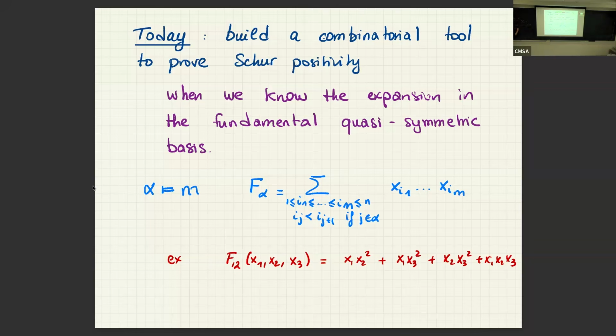I guess here I'm just studying polynomials. Okay, so they're indexed by compositions. They are polynomials, they have n variables. It's going to be, I'm going to take a weakly increasing sequence of M indices between 1 and M. Okay, and for now I have no dependence on my composition, but if J